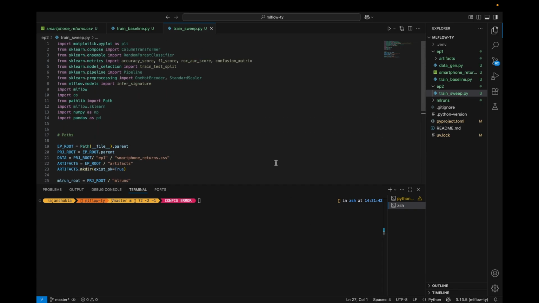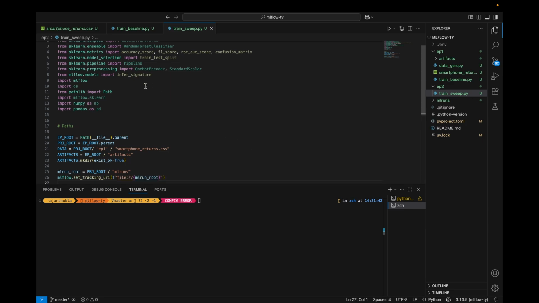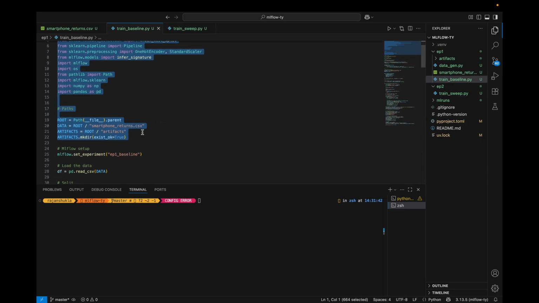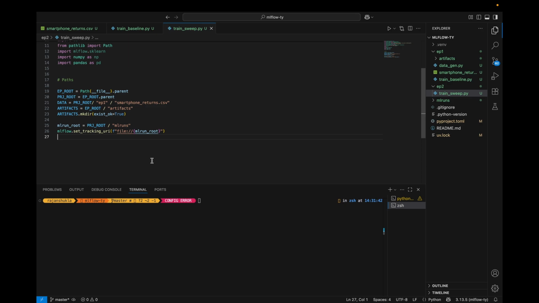So here is the code. This time I have copied some lines from here. This is some configuration that I have done so that we have switched the folders. Usually we don't do that, but I am trying to get the same reference to the same artifacts and all. So let's start with